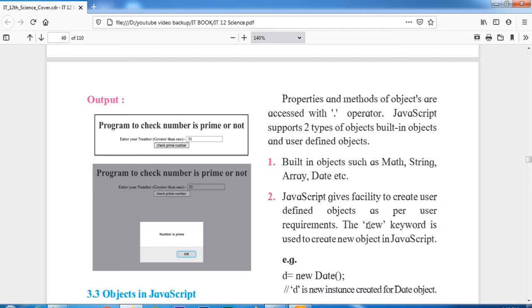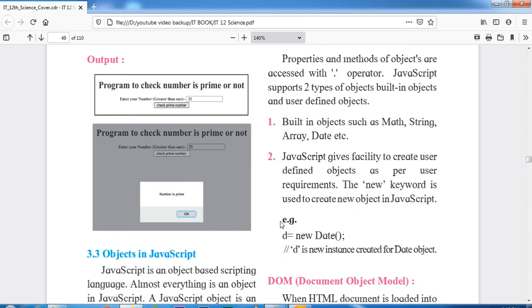With the new keyword you can create your own new object. For example, D is my new object, so I will create it by D = new Date(). D will be my date object, a new instance created for the Date object.